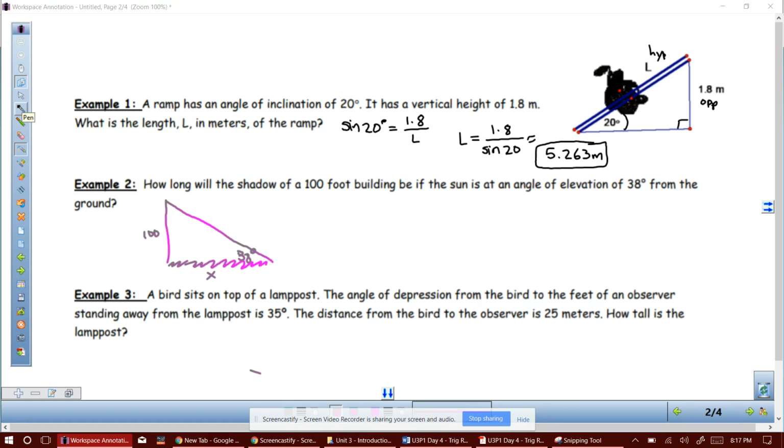And as I go in and label again, this is my opposite, and this would be my adjacent. So I am definitely